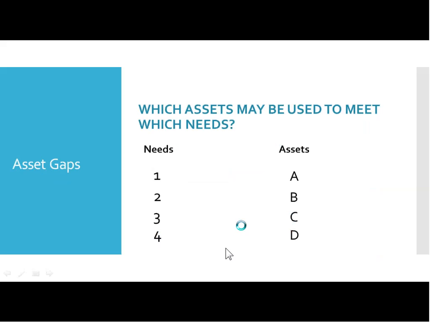Okay. So let's move forward into the asset gaps. So relationships, the relationship between the knowledge that you have and the knowledge that you're gaining. So this next piece is an exploration. It's a conversational exercise that helps explore the relationship between assets and needs. So at this point, you have this list of assets that you've generated. You have a list of needs that you've generated. In your community, you may already have some of these lists, or you will have the opportunity to generate them